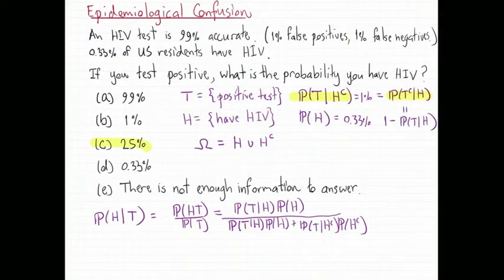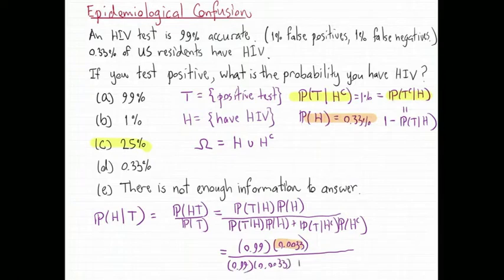Okay? So, when we look down here, I want the probability of T given H. That's 1 minus 1%, or 0.99, times the probability of H, which we're told right here is 0.33%, so 0.0033. And then I have to divide that by, well, the first term in the denominator is the same as in the numerator, so that's 0.99 times